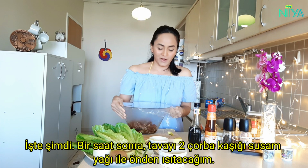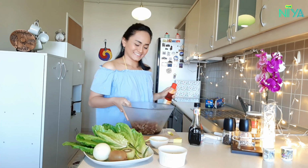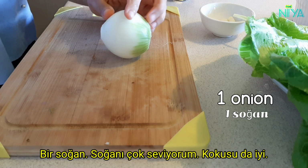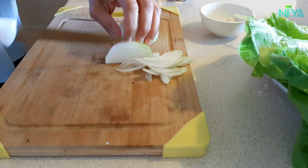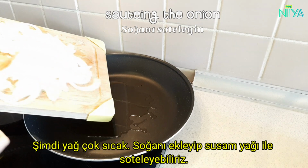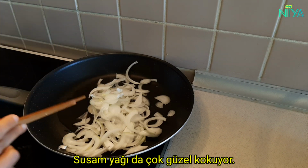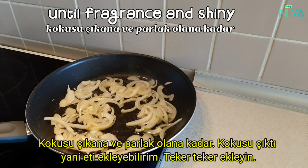Here we are, after an hour. I'm going to preheat the pan with 2 tablespoons of sesame oil. One onion. I love onions so much, and the smell is so good. It's already hot, so we can add the onion and saute with the sesame oil. The sesame oil also smells so nice. Right, it's already fragrant, so now I can add the beef,